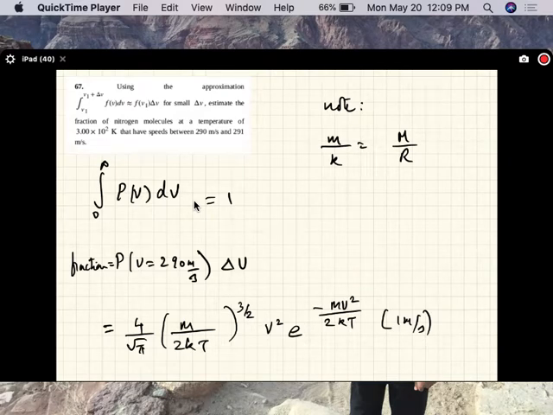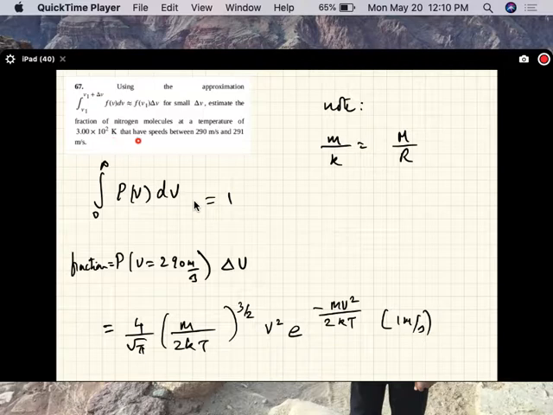Alright, so as you can see, I've already written down some equations. For this problem, we use the approximation for the integral of a function: if the interval of integration is small, then it's just the value of the function at the starting point or midpoint or wherever, times the width of the interval. Estimate the fraction of nitrogen molecules at a temperature of